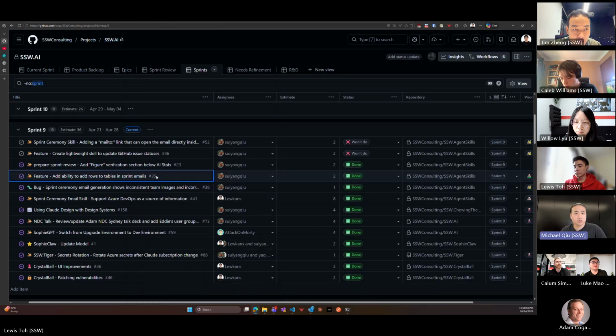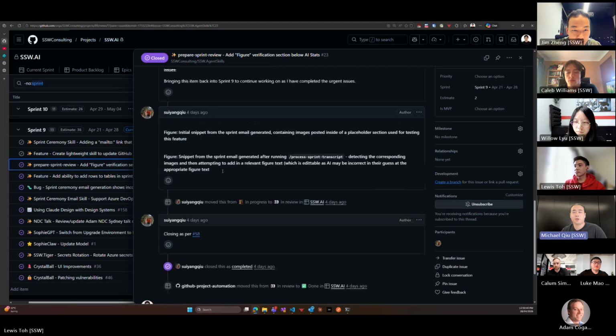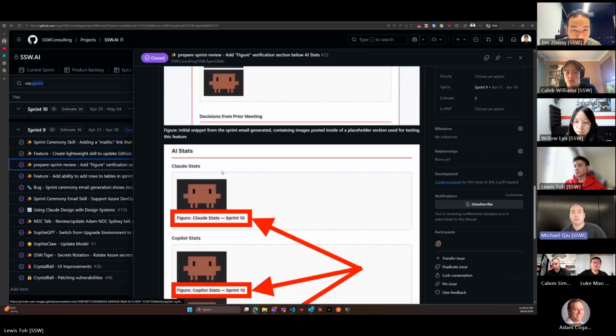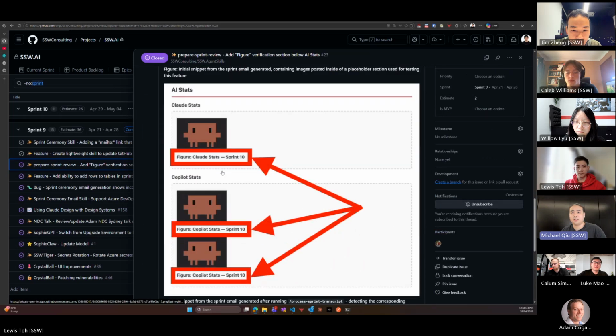The next issue would be adding figure text underneath AI stats. Currently with the process, I've noticed that it's very easy to forget to put figure text underneath your images. So I've updated the process sprint transcripts, process sprint review skill to automatically add these figure text.